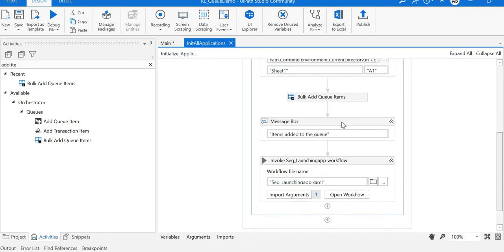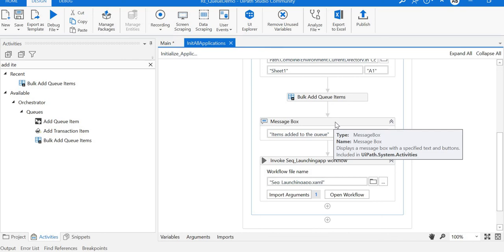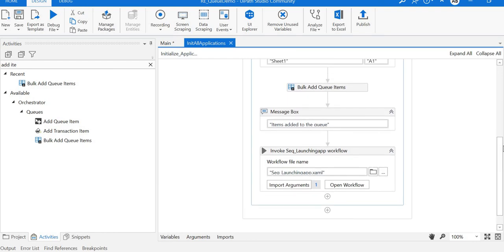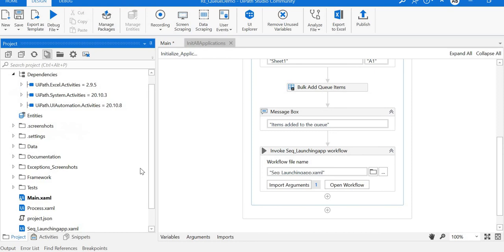I'm placing one message box here to confirm whether items are added or not, and whether it passes this flow or not. We can remove it later as well. Okay, so now we have cleared the three stages. The fourth stage is launching the application. For that I have created a separate sequence,